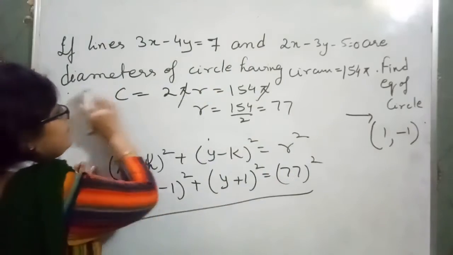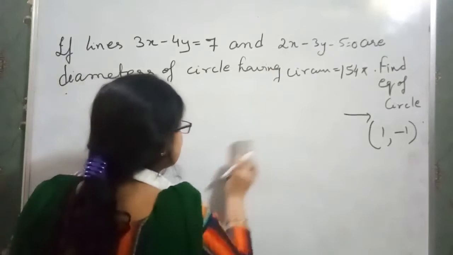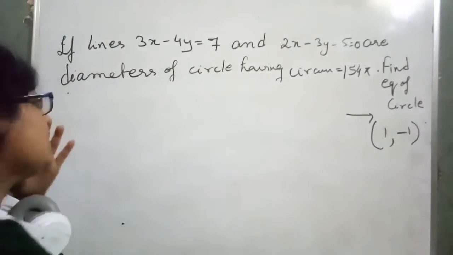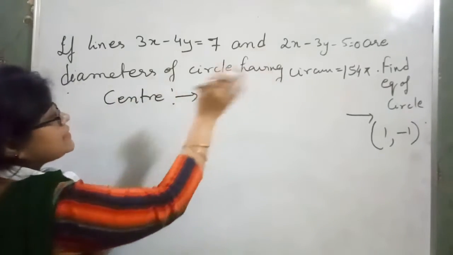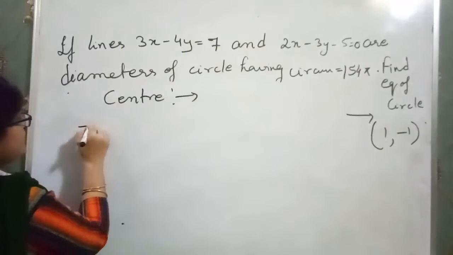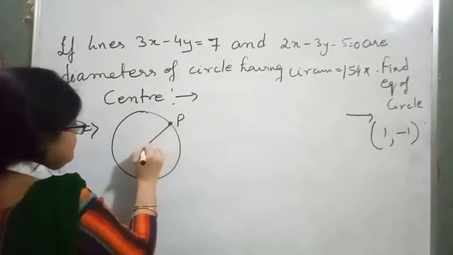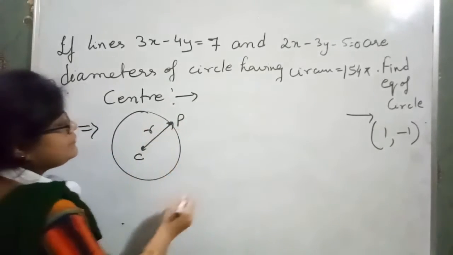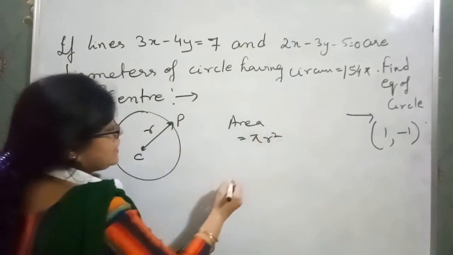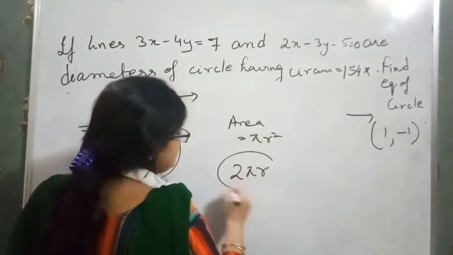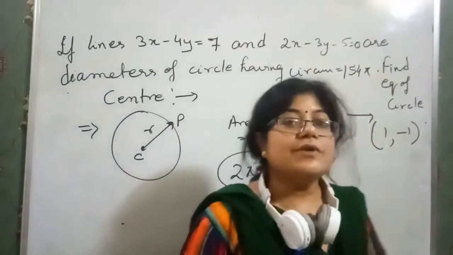Okay, now I recap once more please. We have three types of conditions. Actually the main problem is how we find the radius of the circle. First step, you find the center of the circle, which is the intersection point of the two lines of the diameter. Then if we got the center, and if a point is given, then find the radius using the distance formula. If area is given, then find the radius with the help of pi r square, and if circumference is given, then find the radius with the help of 2 pi r. I think you got the concept, and I am proceeding to another concept.